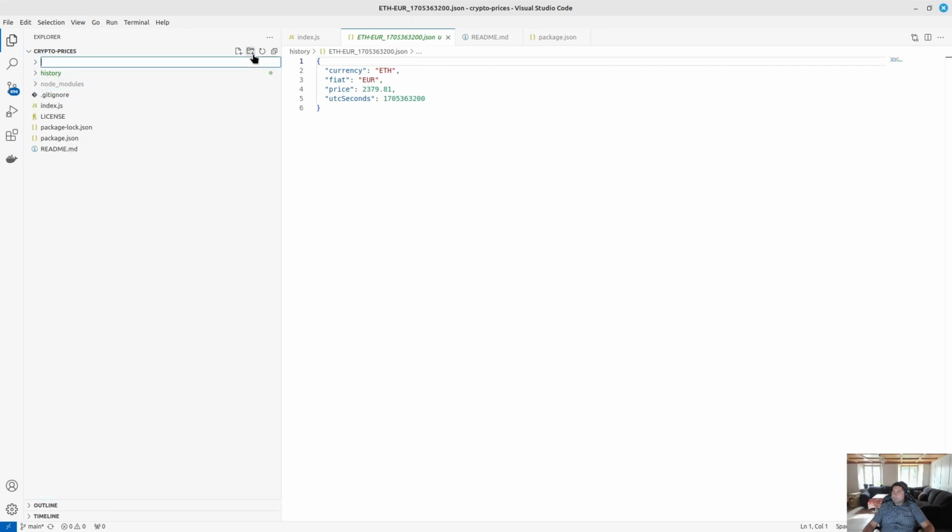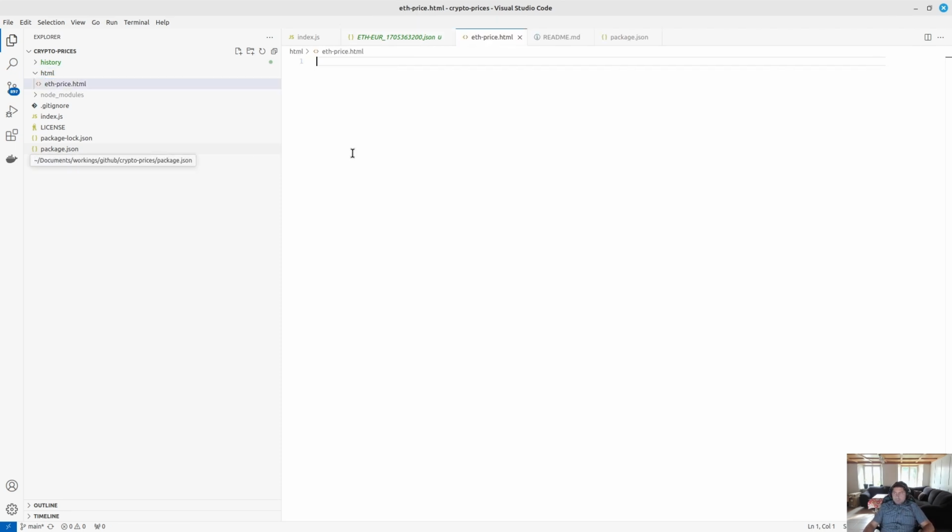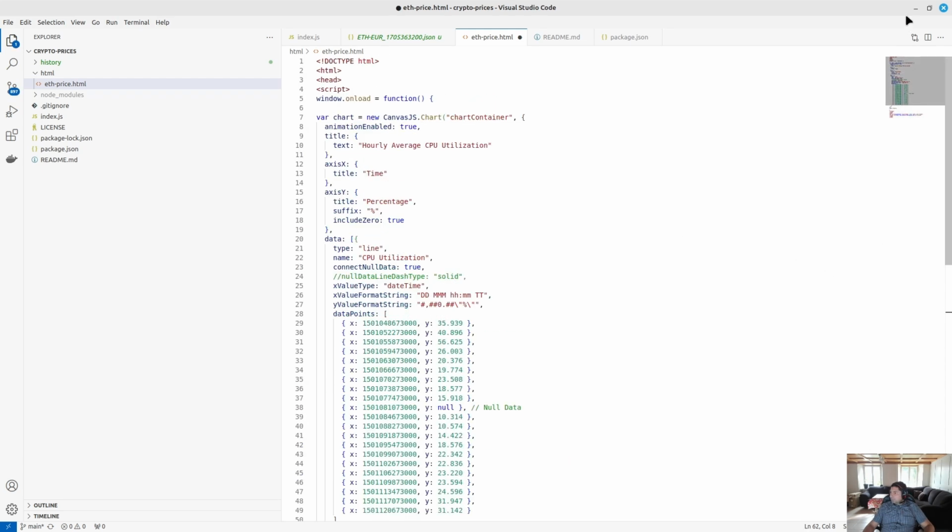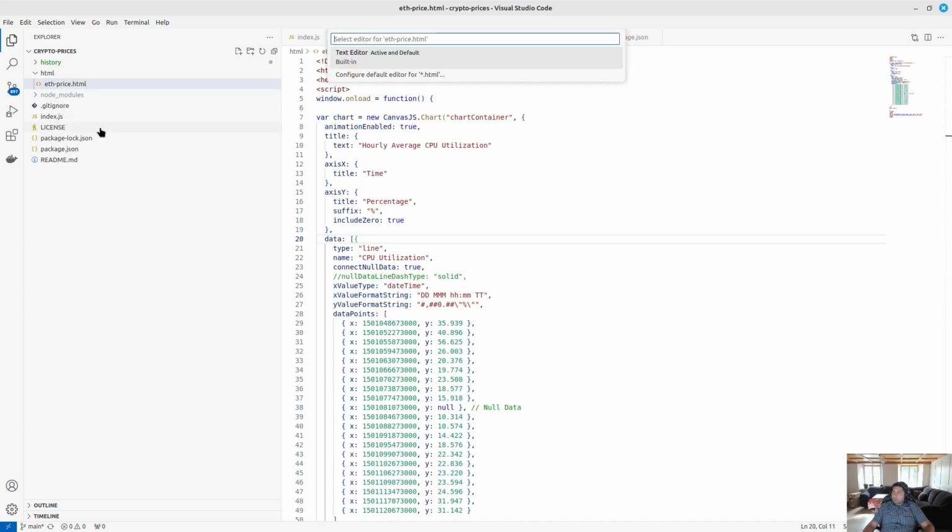I want a folder, not a file. Okay, so let's say HTML, and we can create a new file. It will be Ethereum price.html, something like that. And let's paste our code. Let's first check if this code will open with